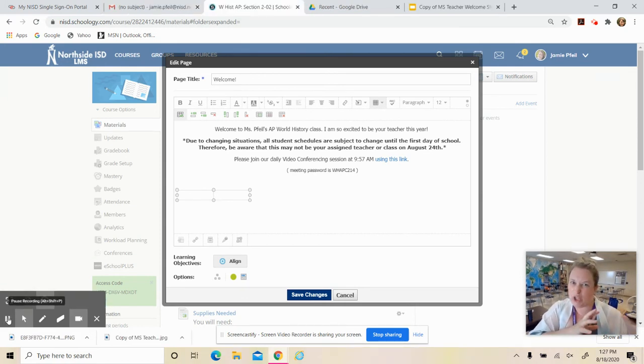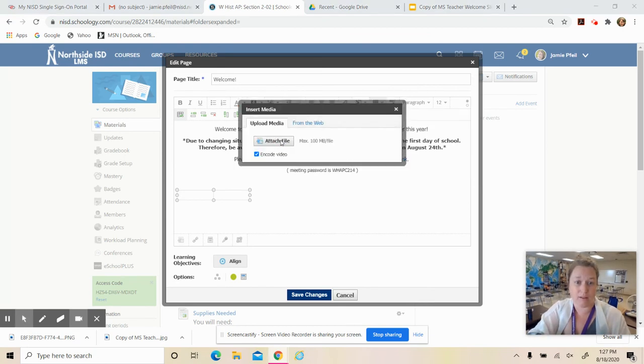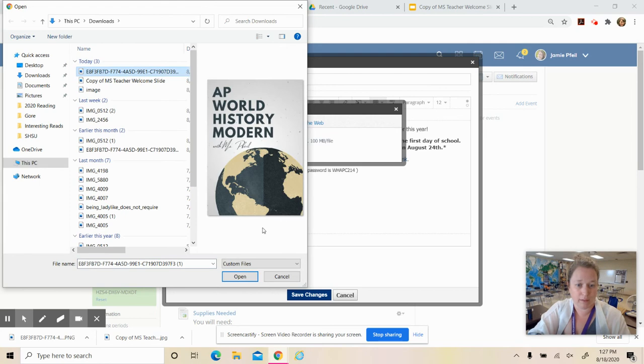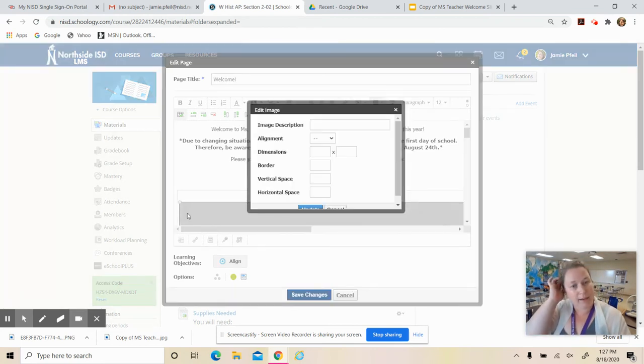Okay, so again, you need to have an image in mind. And in this first little box, I'm going to insert an image that's related to the class that I teach. You can click on the photo and a little toolbar will pop up that allows you to edit the image like this. And in here, I want to play with the dimensions. Remember I told you if you try to resize it manually, it's going to come out funky. I'm just going to enter 150 in the first box